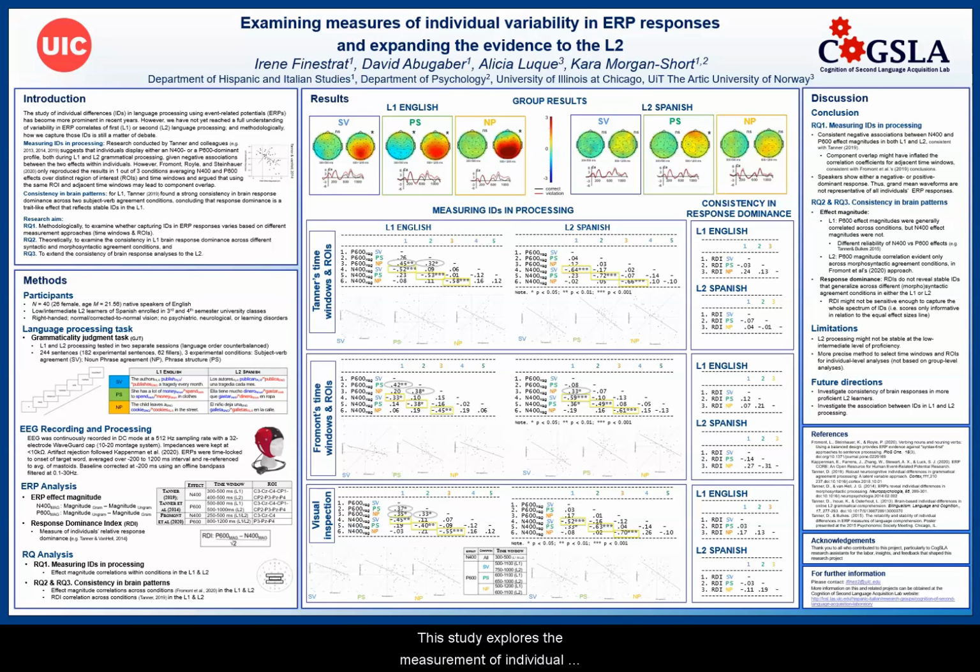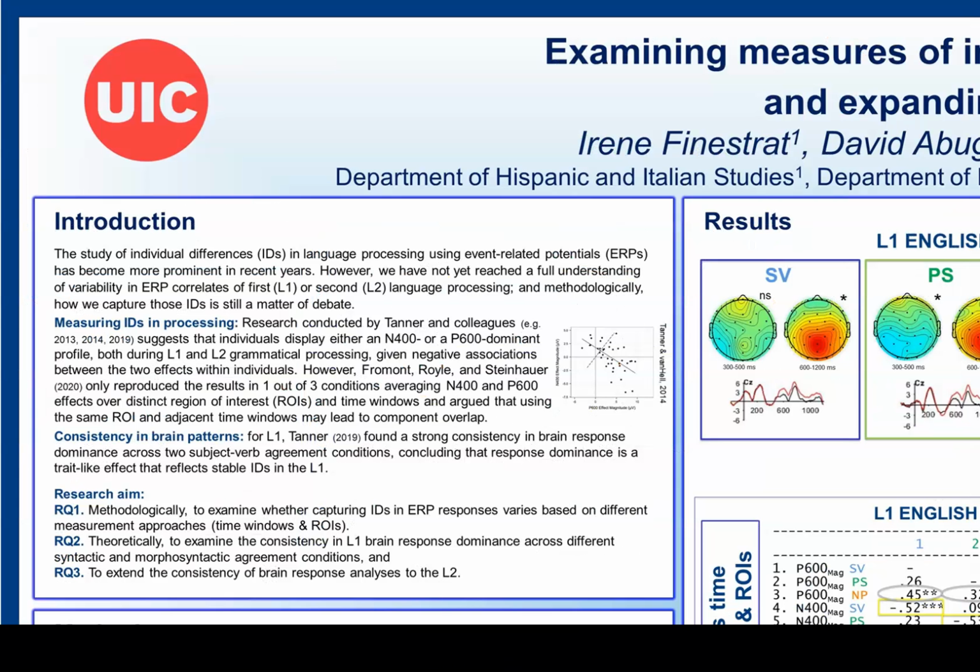This study explores the measurement of individual differences in grammatical processing using event-related potentials. Research conducted by Tanner and colleagues suggests that individuals display either an N400 or a P600 dominant profile, or a combination of the two, during L1 and L2 processing, given negative associations between the two effects within individuals, as illustrated